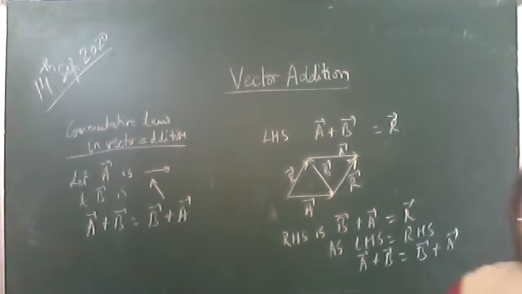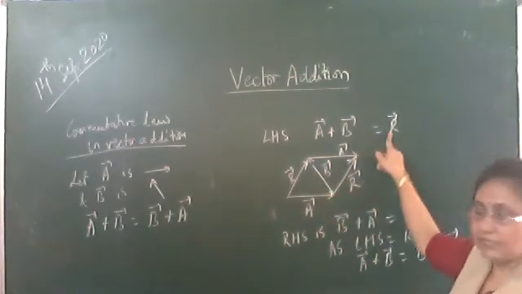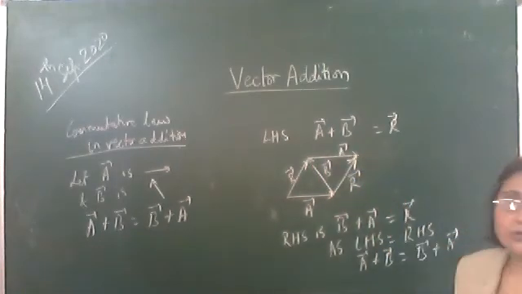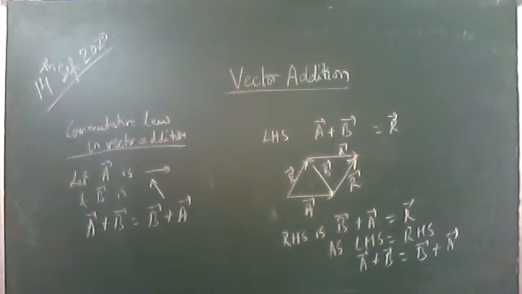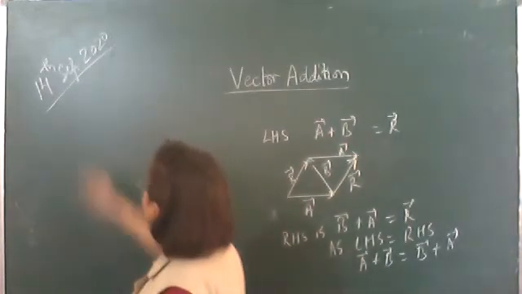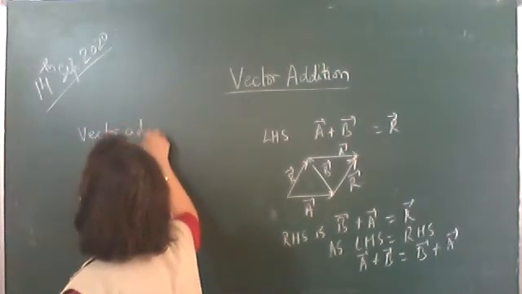Okay, just copy it in the same manner to show that A plus B vector, this is first vector, second vector, we are getting R vector. B plus A vector, first B vector, then A vector, that is also equal to R vector. So it obeys commutative law. Okay, vector addition also obeys associative law. Now what is associative law? You must have studied in lower classes in maths.